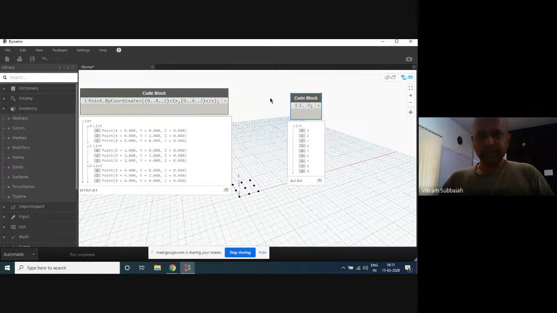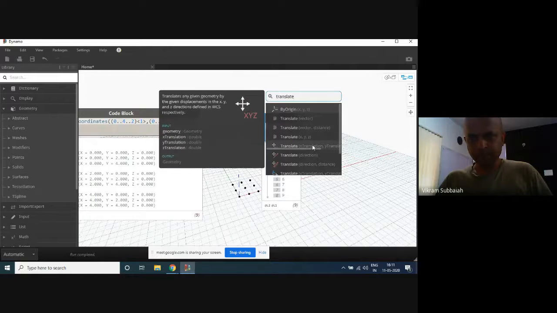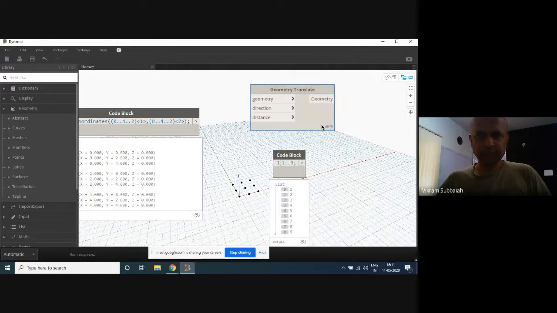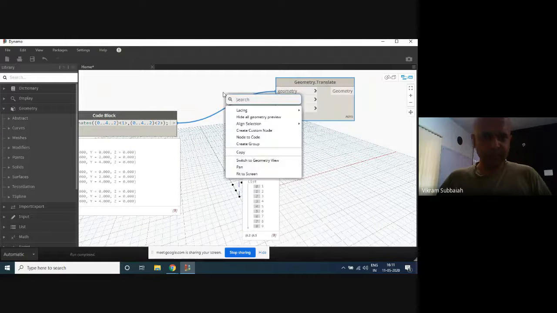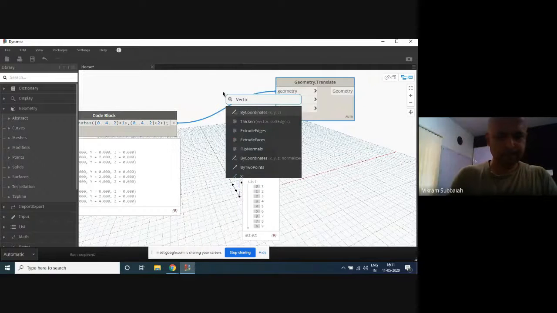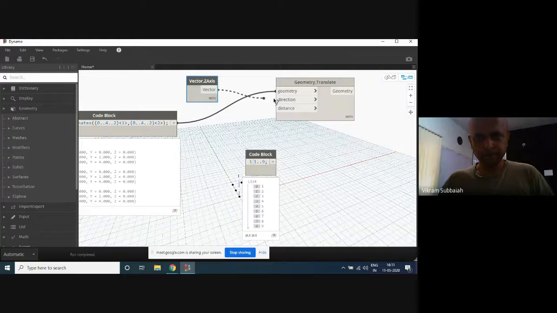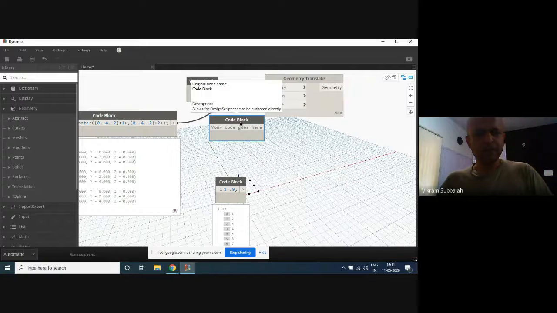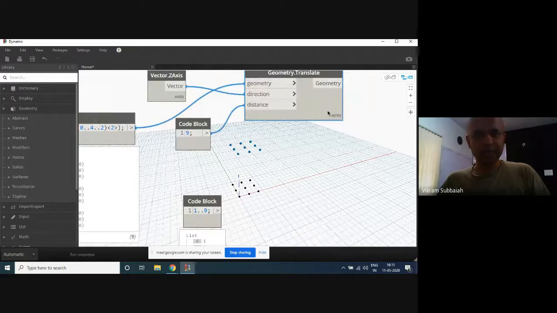Now if I say translate by direction distance, and I want to translate this geometry, direction we leave it at z-axis. Now distance, if we say 9, what happens? All of them move up 9 units, right?